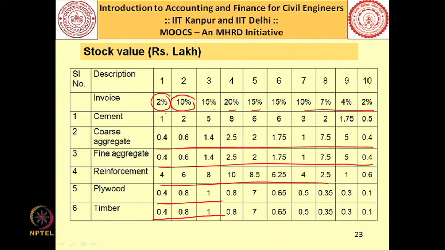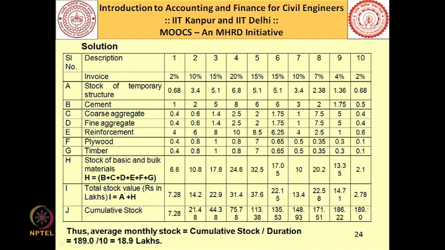So, once you know the invoice and you know what kind of materials are needed, how much money would be needed for keeping that in stock, you can find out the monthly value of these stocks. Now, you will add them up. For example, in the first case I am adding the cement cost, the coarse aggregate cost, the fine aggregate, reinforcement, plywood, timber, all of them I am adding and I am getting the monthly cost implication for these. Then I am also adding the